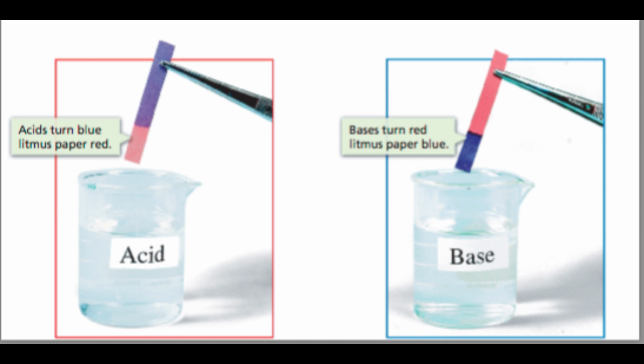So basically, a litmus test provides a quick result, but it will not determine the level of acidity or alkalinity of a solution. And by alkalinity, I mean that it is a stronger base. So generally what we do is we use the blue litmus paper to test any acidic substance, and then we use the red litmus paper to test a basic compound.